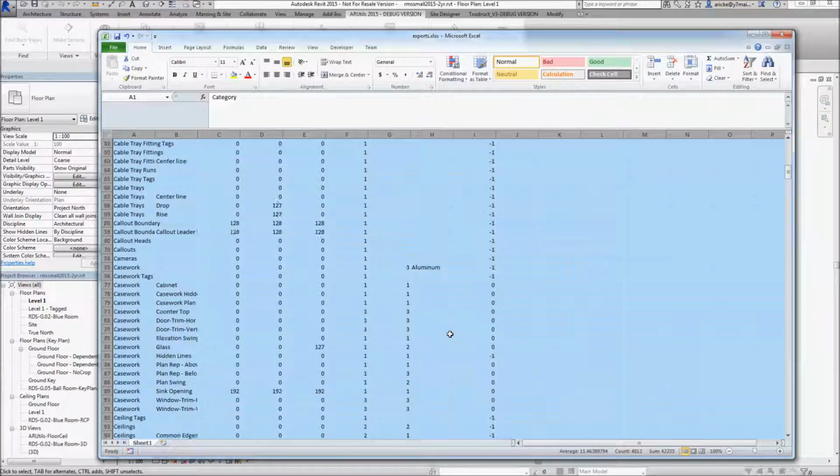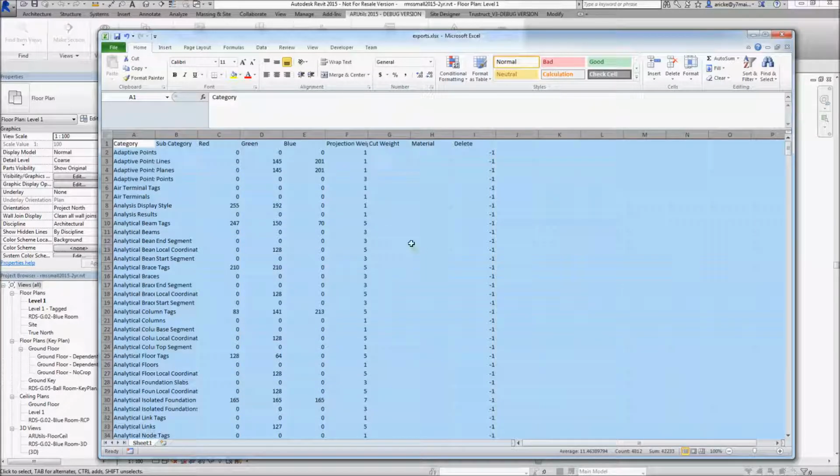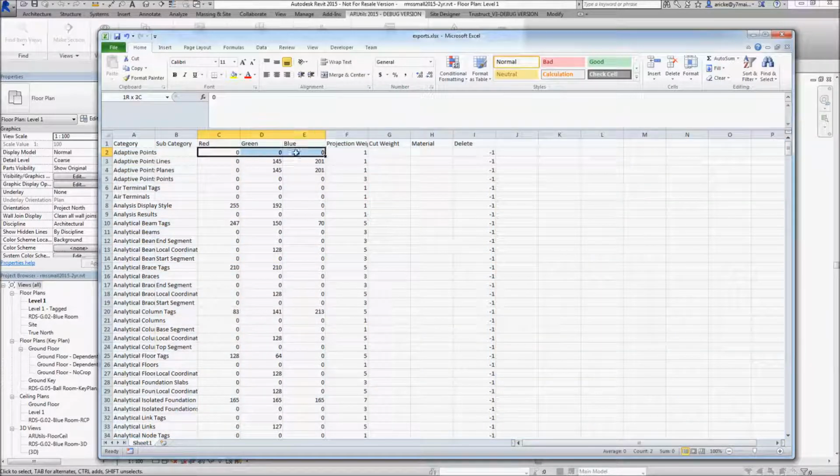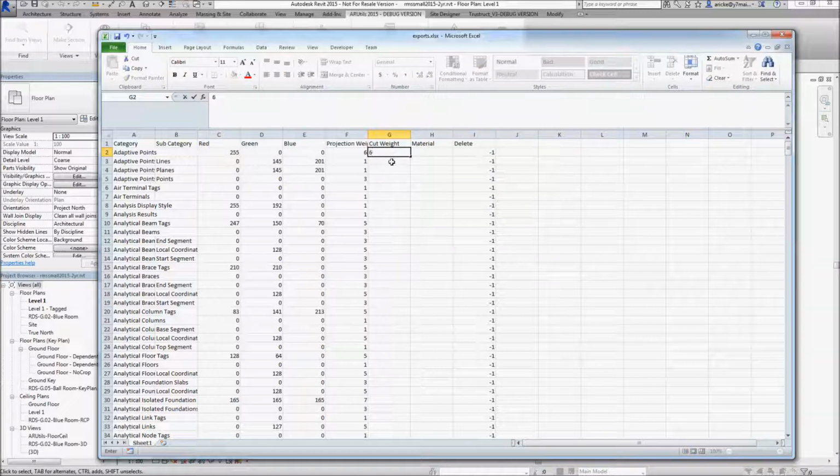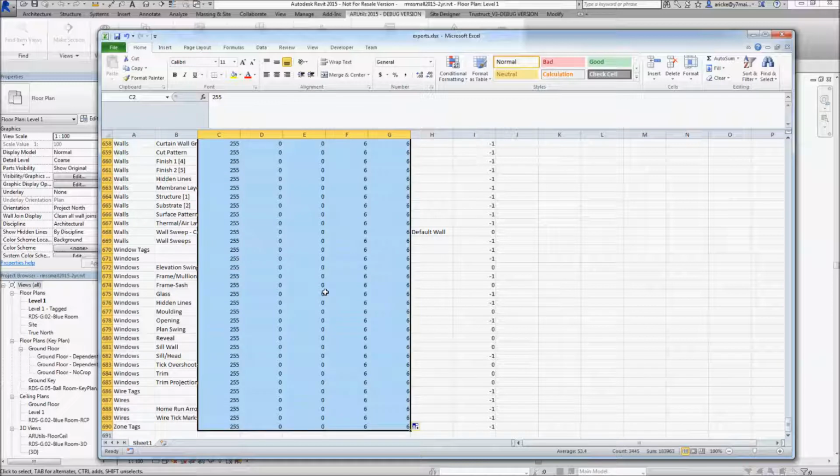So in any case, what we could do is simply set all of our values to project the same. So this will make it fairly easy to see that how this process works. So we'll just set the cut weight to 6 and 6. We'll take all of these. Okay, so save that off,